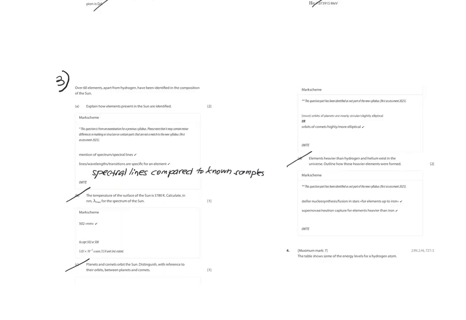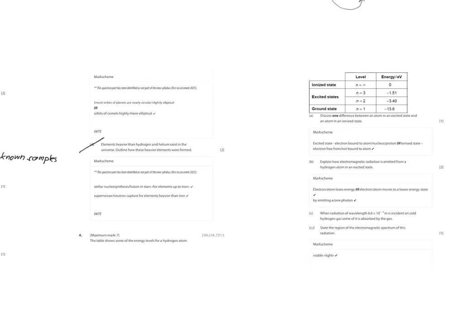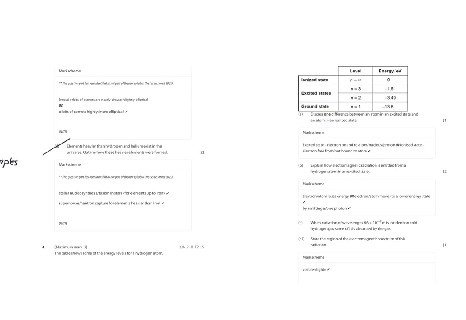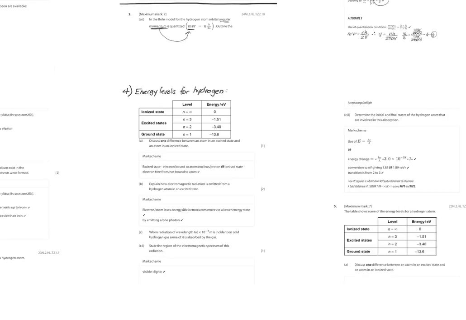And so really only 3a is relevant to topic E1. Okay, so now we have number 4, which again they broke the question strangely. 4, the table shows some of the energy levels for hydrogen. And so we have our ionized state, excited states, and ground states with the relative energy, and energy of states